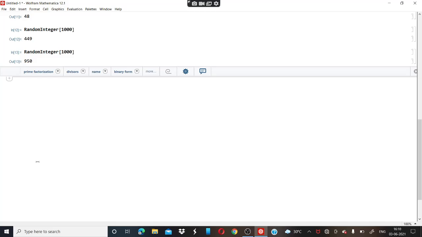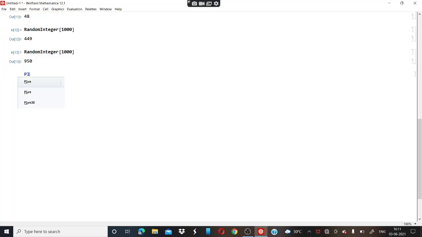After that another question is: use plus and random integer to generate any number between 10 and 20. This question is a little bit difficult for some people. We want the number between 10 and 20, so here we want to use Plus. To get the number between 10 and 20 we add 10, because if we use 9 here and the random integer generates the number 20, then we will get 29, which is greater than 20.